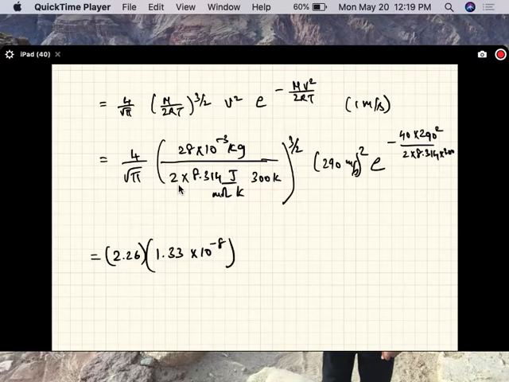Here's the second factor. There's the third factor, which is that. And now let's calculate the exponent. So the final factor is